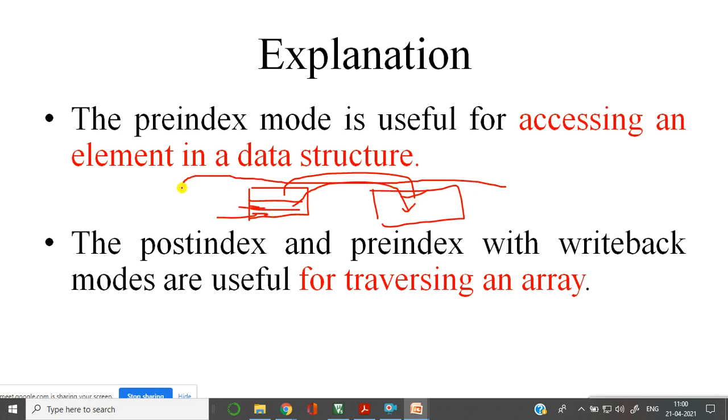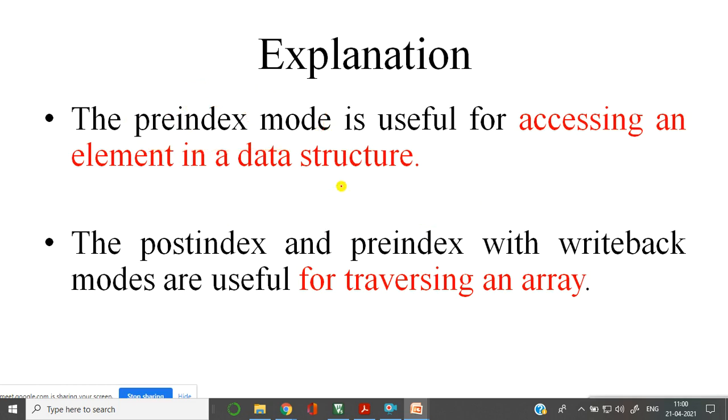So these kinds of applications can be built with what type of addressing mode? Pre-indexing addressing mode. Okay, whereas post-indexing, pre-indexing with write back, sorry, this is supposed to be post index, right? So this is supposed to be post index and this is pre index.